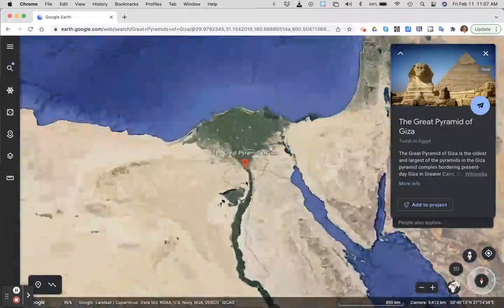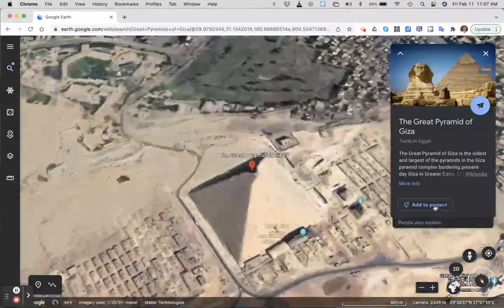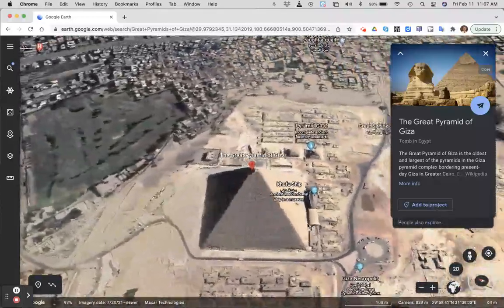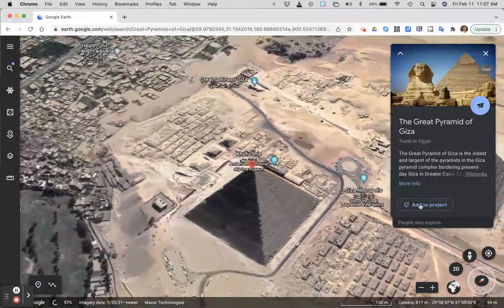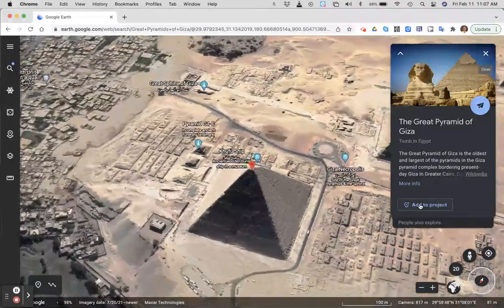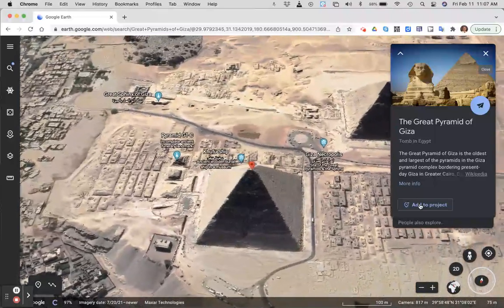So we could take a tour, and then you would just simply see the Great Pyramid there. Okay. So if we would just add this to our project,